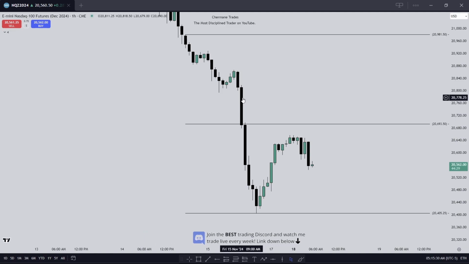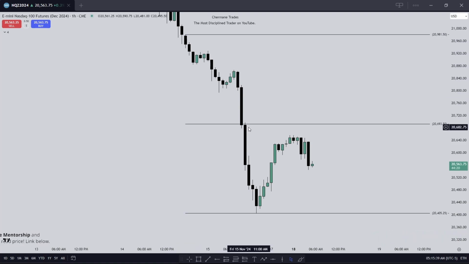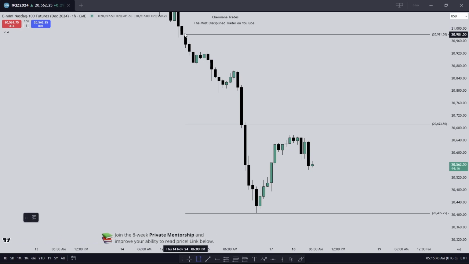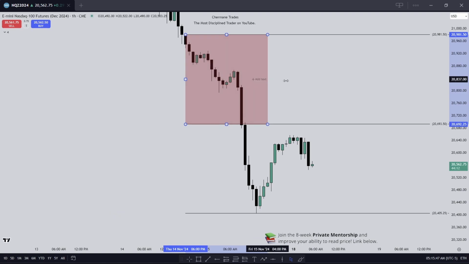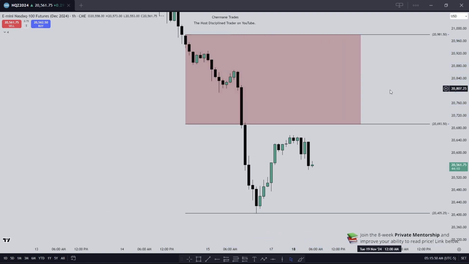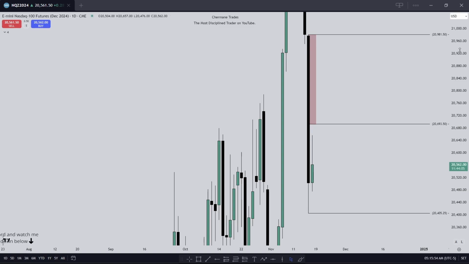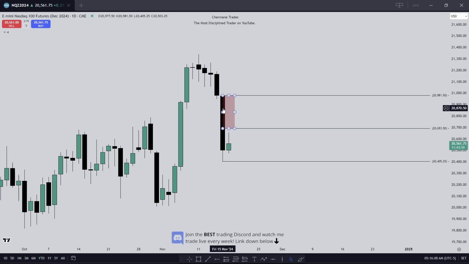Why do I say that? Because the narrative that we got from the daily chart is we don't want to see the upper half of that entire down close candle on the daily chart be traded to. So visually, this is the high of that daily candle, and midpoint comes in about right there. So let's zoom out. Come on, NASDAQ, work with me now. There we go. This is the upper half of this entire down close candle. Don't want to see that traded to, preferably.